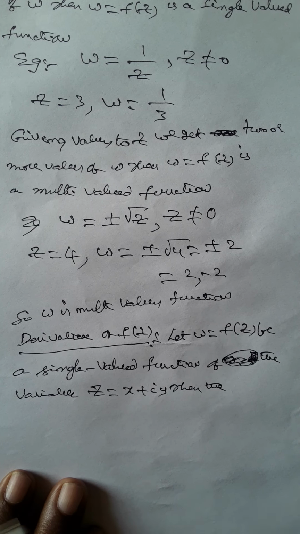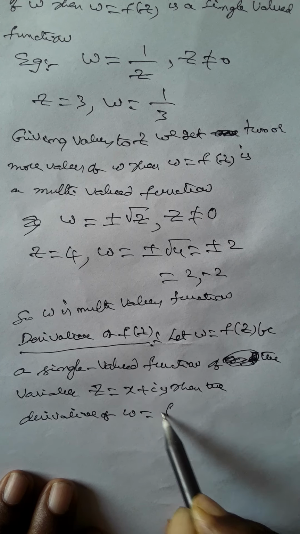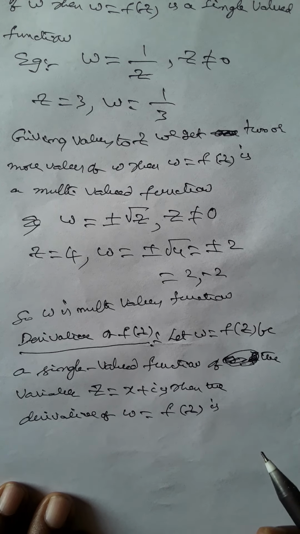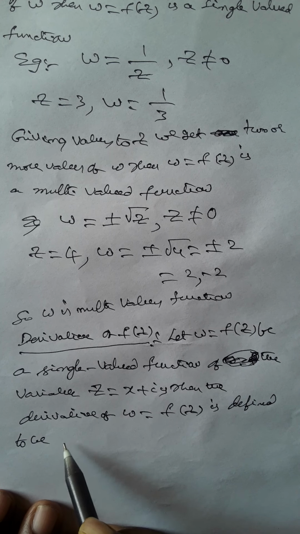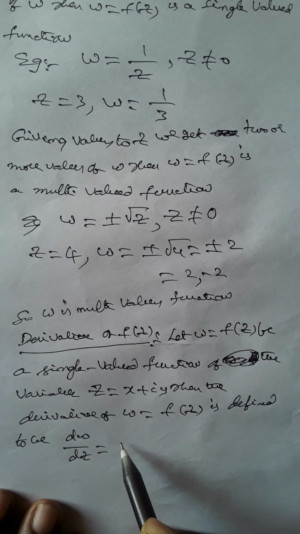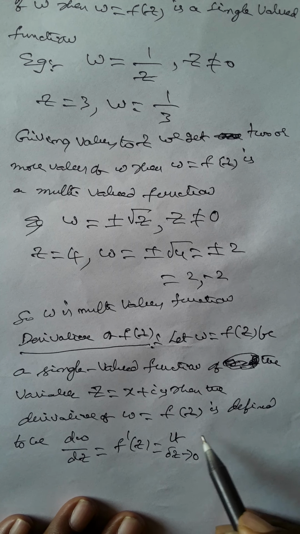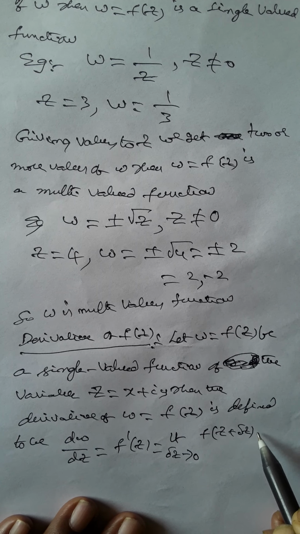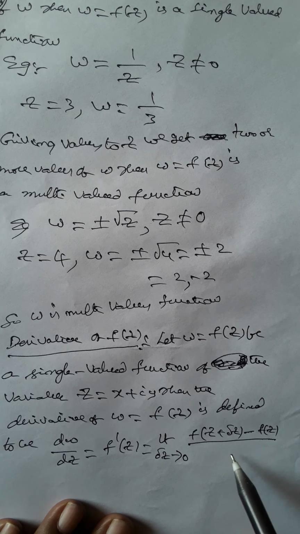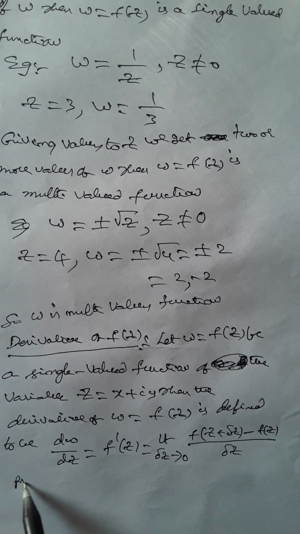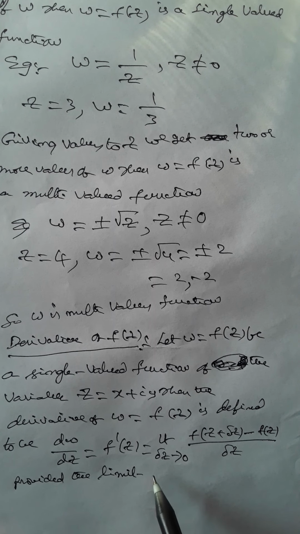Then the derivative of w = f(z) is defined to be dw/dz = f'(z) = limit as delta z tends to 0 of [f(z + delta z) - f(z)] / delta z, provided the limit exists